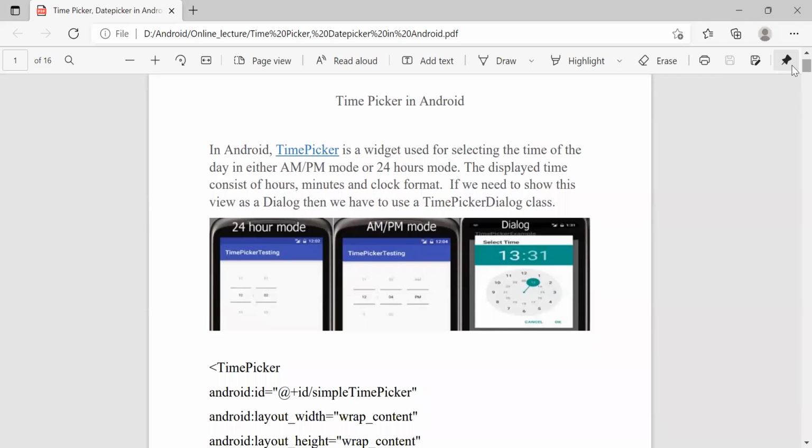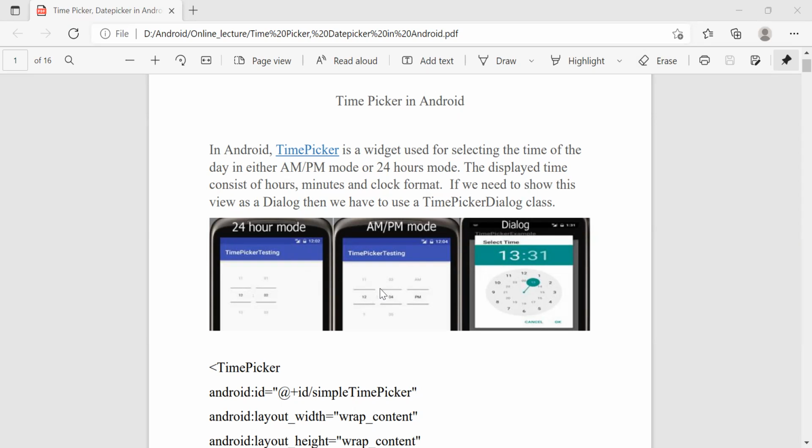So here is the output of the 24-hour mode time picker, and this is the AM PM mode. The first is the 24-hour mode, so here it only shows in a 24-hour format.